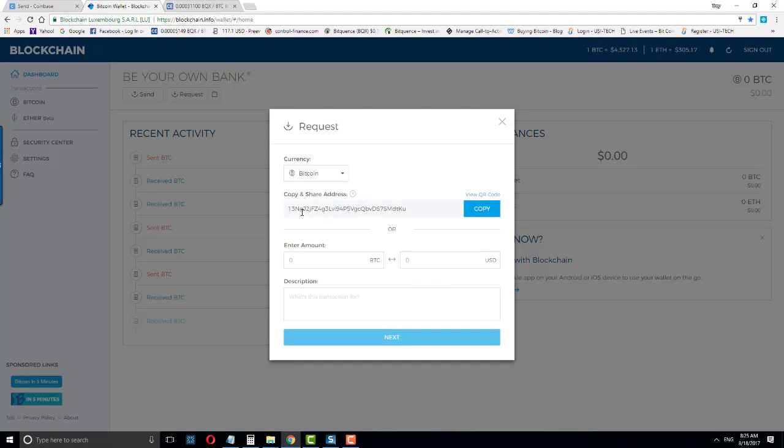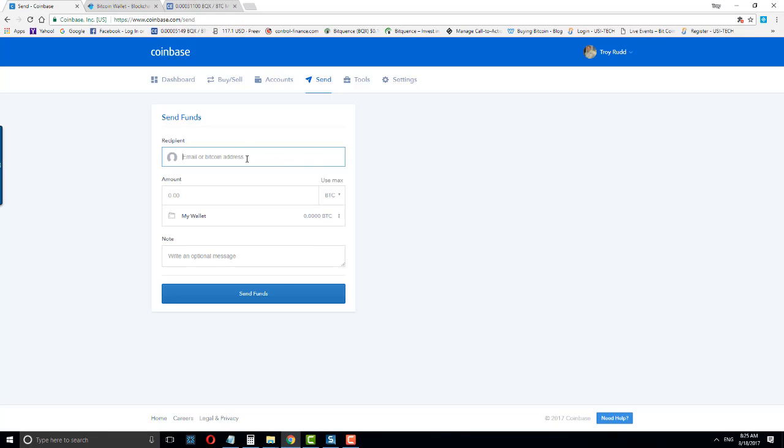But you don't want to type this address in any place. You don't want to type these. They're case sensitive, and there's numbers and letters here, and it's a long string, and you're going to mess it up. So just always do a copy paste. So if that's where you want to send it, go back over to Coinbase, paste that address in,